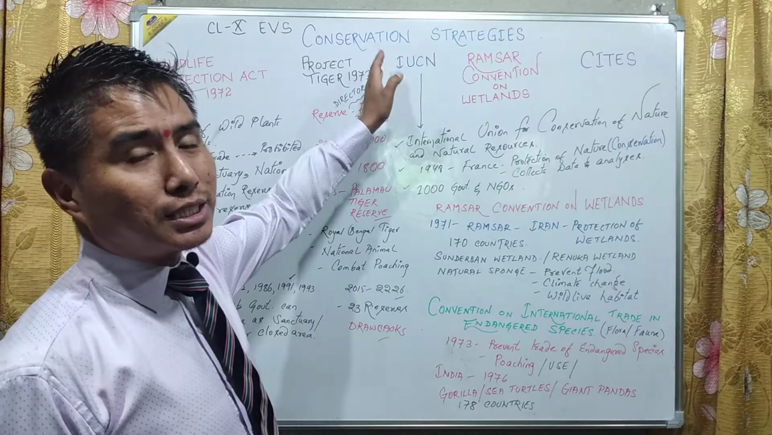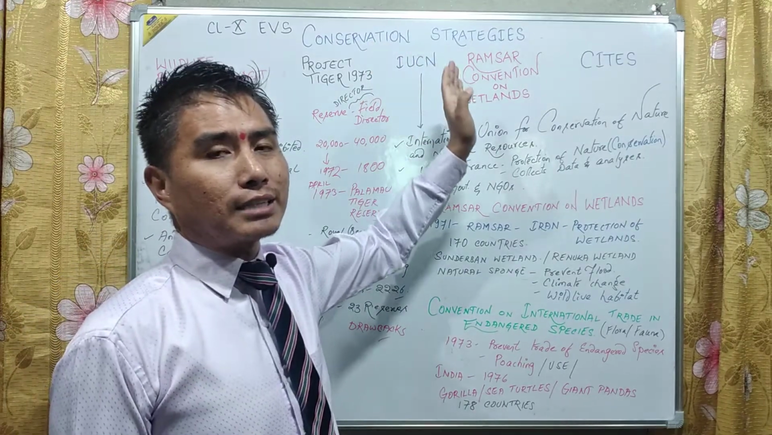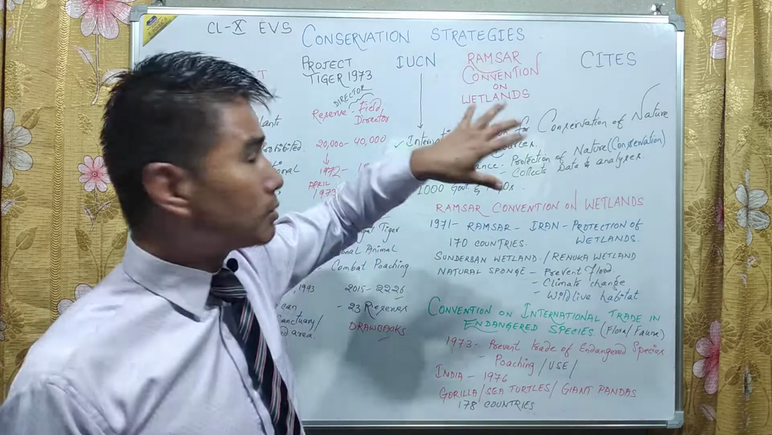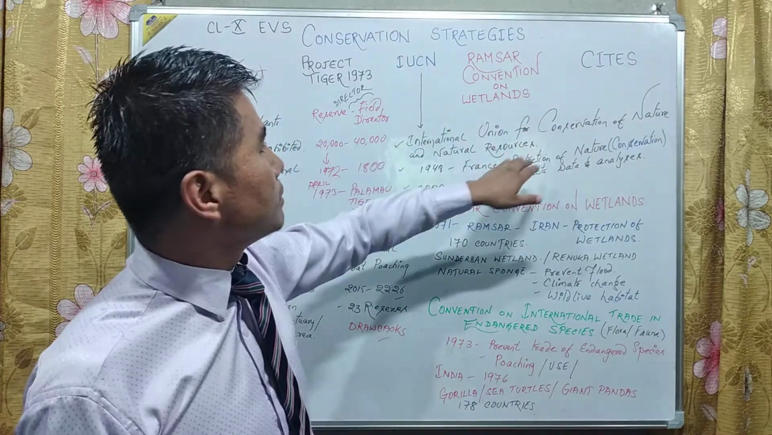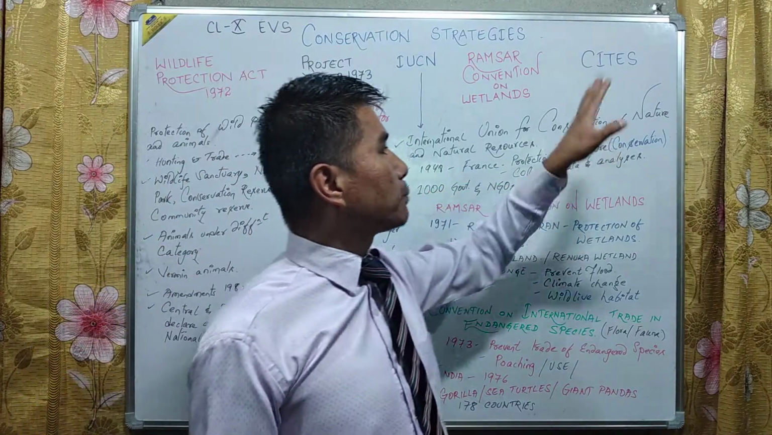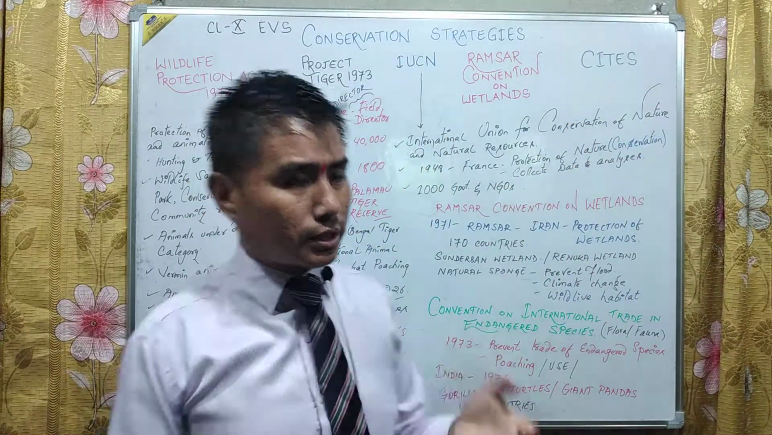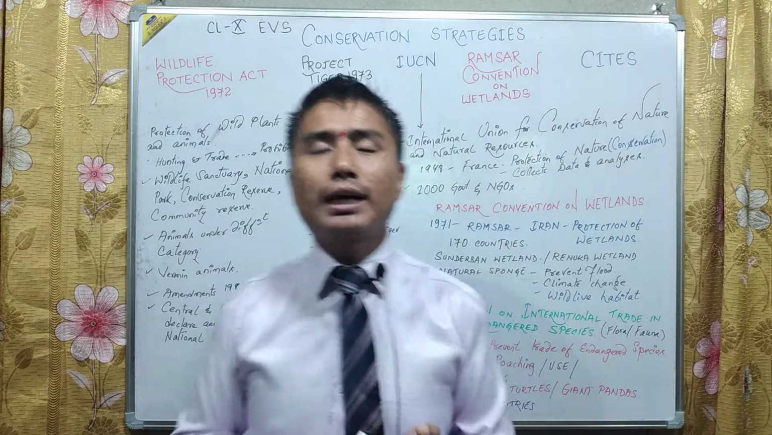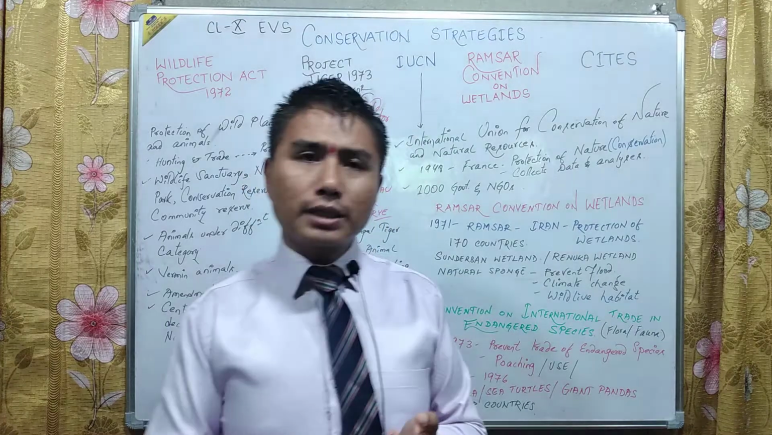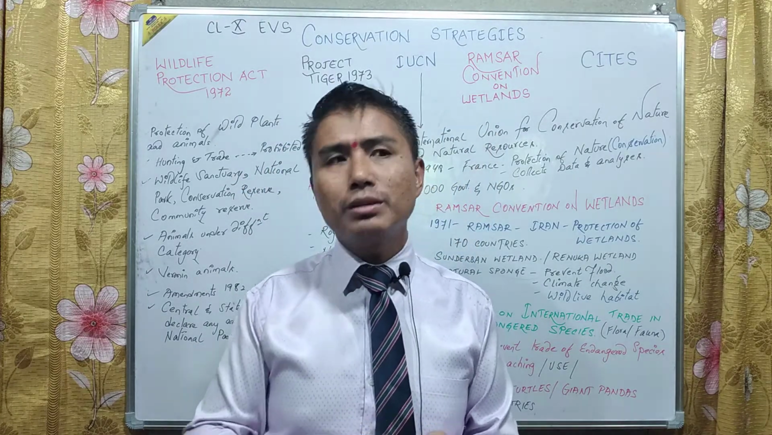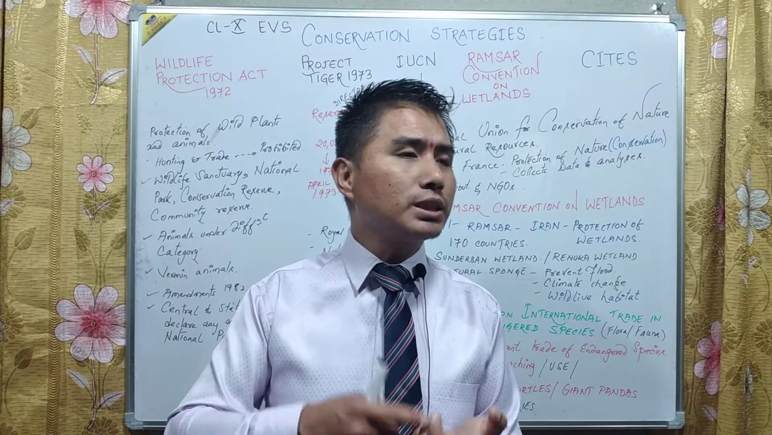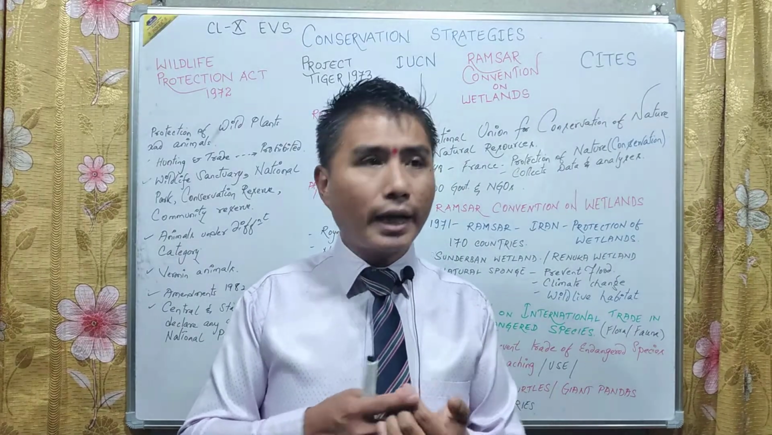Now IUCN, the International Union for Conservation of Nature and Natural Resources, was initiated in France in 1948. It was meant for the protection and conservation of nature and wildlife, everything: plants, animals, birds, from two-legged to four-legged animals. And conservation means prevention of hunting, poaching, illegal trade, and then